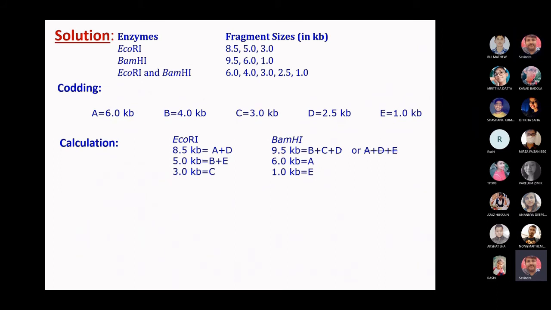But if you use A plus D plus E over here, from where will you get this 6 kb fragment? You don't have any choice. Okay. And for this 1 kb, you don't have any choice. So this has to be, this need not be considered. ये automatically cut हो जाएगा. Okay. Yes or no? Yes, sir.